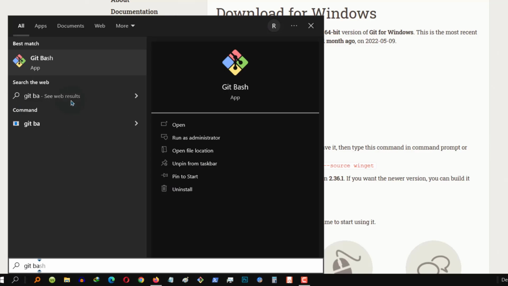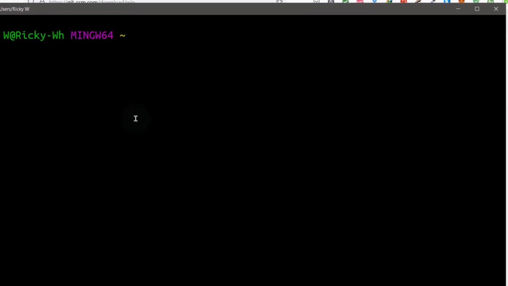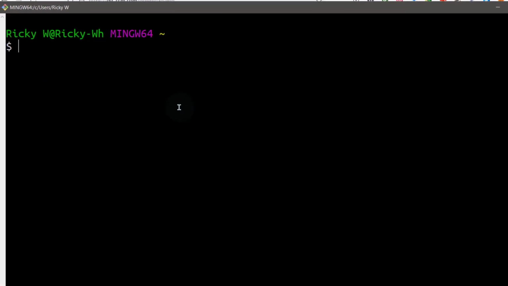Open up Git Bash. Once you open up Git Bash, you can use it to log into your server. And if you're on a Mac or on Linux, just open up Terminal, and this will be the same process. Whether you're on Windows, Mac or Linux, just use Git Bash on Windows, Terminal on a Mac, Terminal on Linux,